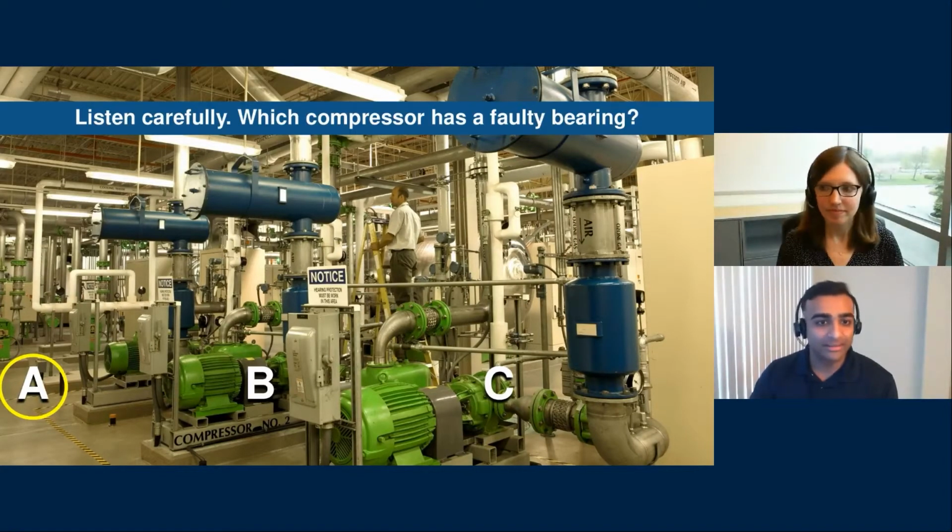And it looks like only about 10% of you are correct on this one, right? So would you want to take your equipment offline for maintenance based on that level of accuracy? Right. This is a situation many companies are in. You might be able to identify problems more accurately than 10% in your own equipment, but in predictive maintenance, every